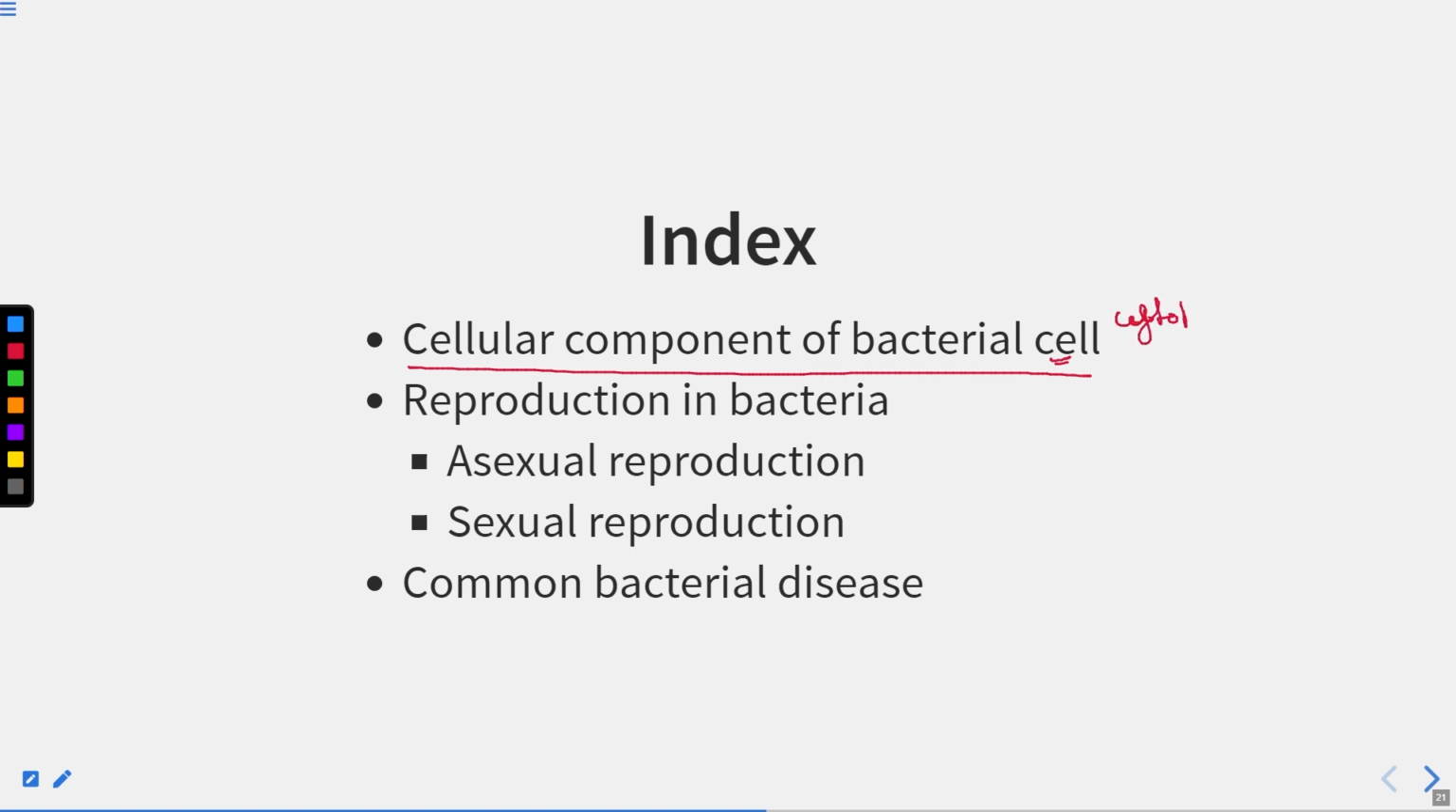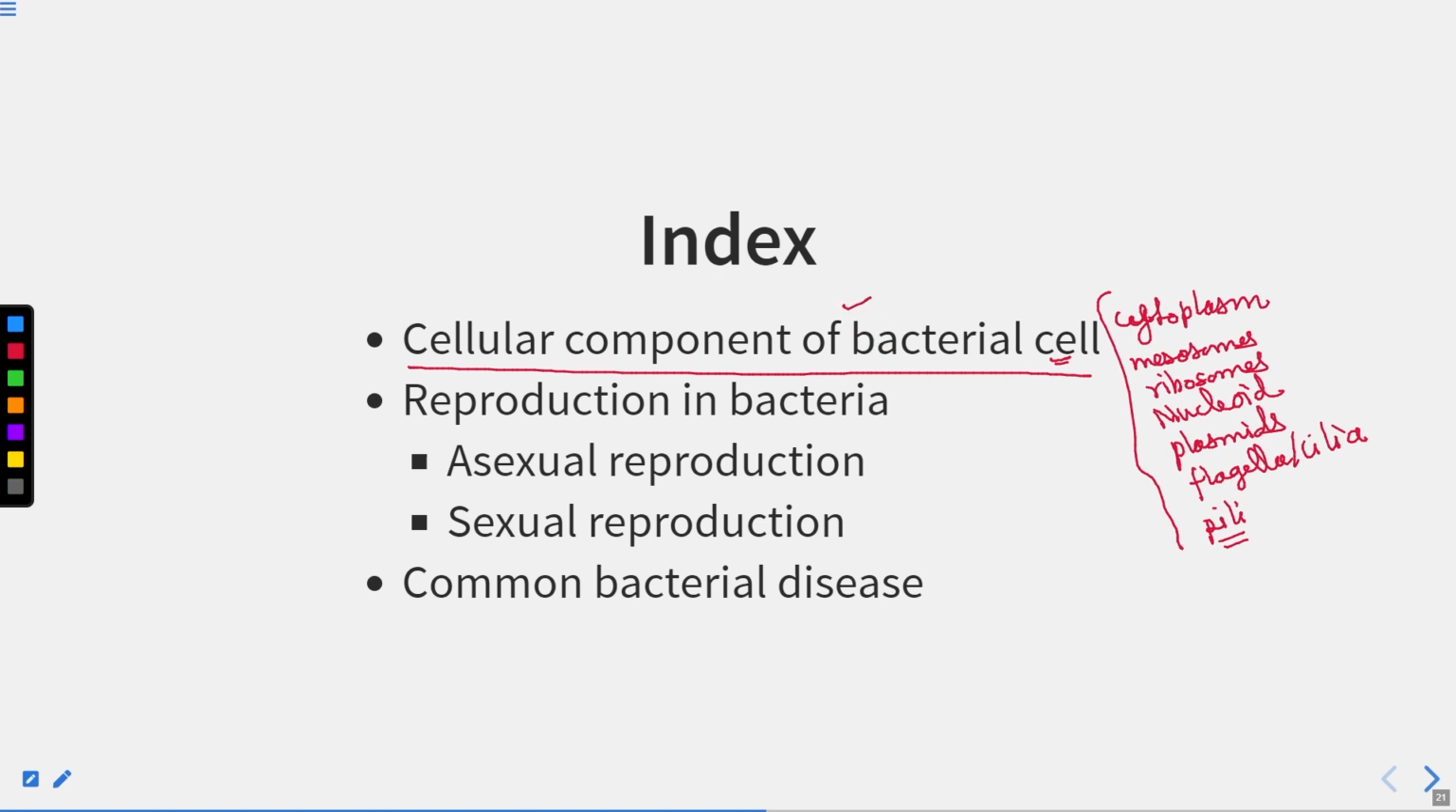cytoplasm, different cellular organelles, though there are not many organelles present in the bacterial cell, but yes, mesosomes are there, ribosomes are there, nucleoid and plasmids. So all these structures we are going to study. Also the flagella, locomotory flagella, cilia and pili structure, right? So all this we are going to cover as a cellular component of the bacterial